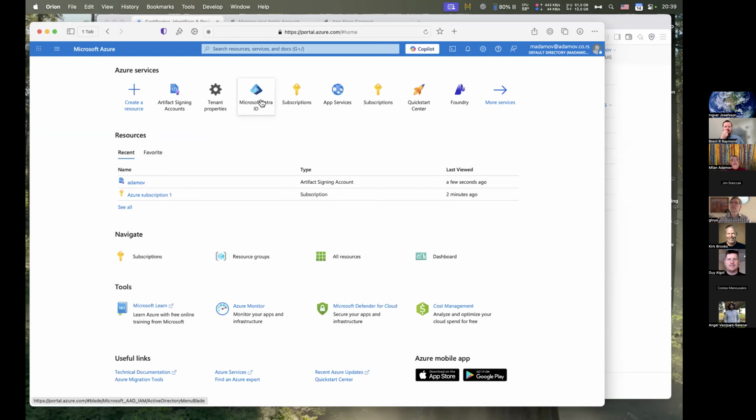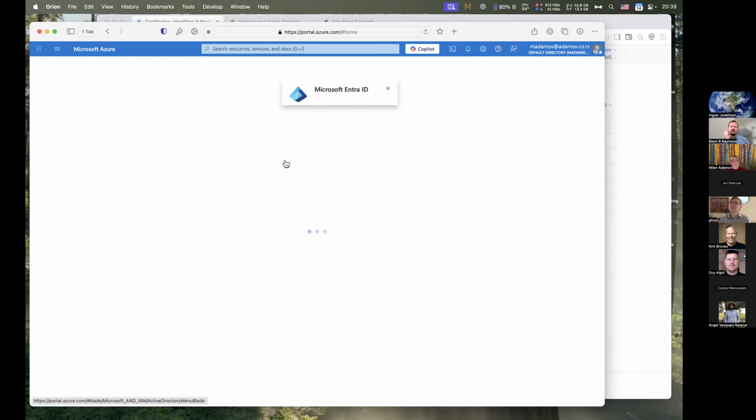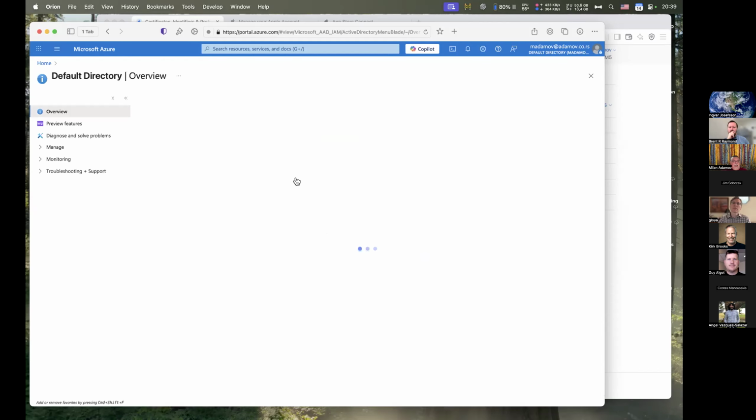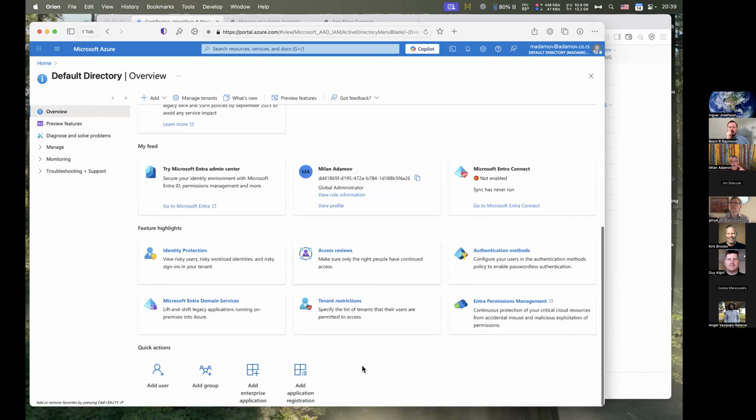Microsoft Entra ID, this used to be called Active Directory, and they renamed it. I'm not sure if they renamed it only within Azure or all over the place. So here, I hope I remember where it is, oh yeah, it's down here. You can add your application registration.